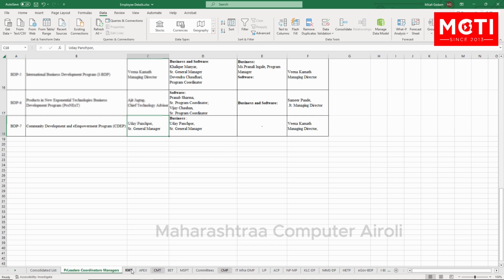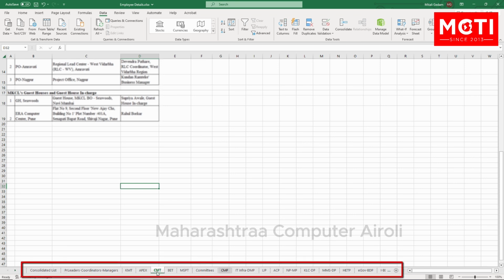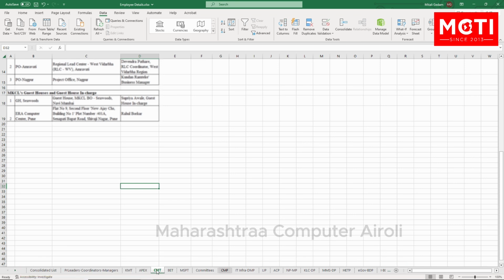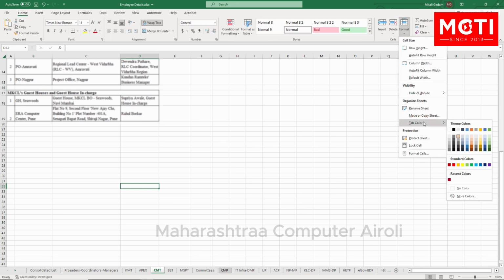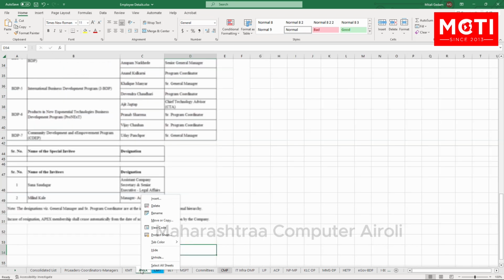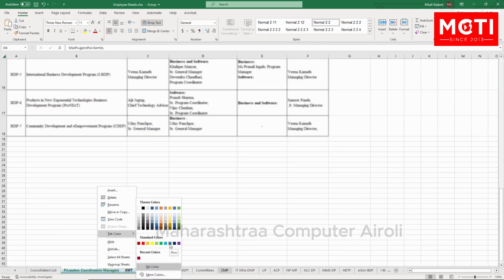Let's say you have multiple worksheets. You can't find a worksheet because your Excel workbook contains too many worksheets. But color code can help to find one. To do it, select the worksheet you want to give color. Go to the Home tab. In Format, select Tab Color. You can choose any color as per your liking. Another method is, right-click on the worksheet. Select Tab Color. We'll get the same options as we got in Home tab's Tab Color. You can give color to multiple sheets at a time. Select worksheets by holding the Shift key and choose the color you want.